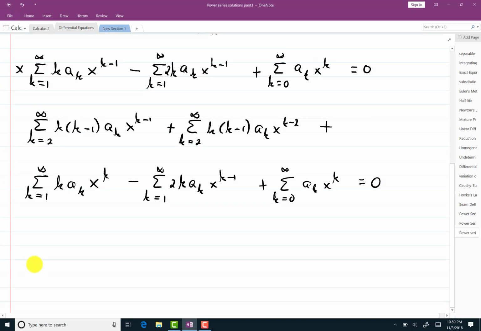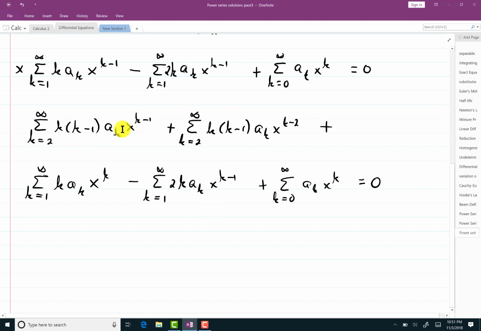Now the next step is you want to look at what the powers all start at. If you look here on this very first series, this starts at x to the 1 power. On the second series, this starts at x to the 0 power. This starts at x to the 1 power. This starts at x to the 0, and this starts at x to the 0. So what I'm going to do first is re-index so that I can have more compatible exponents. So like this one here,